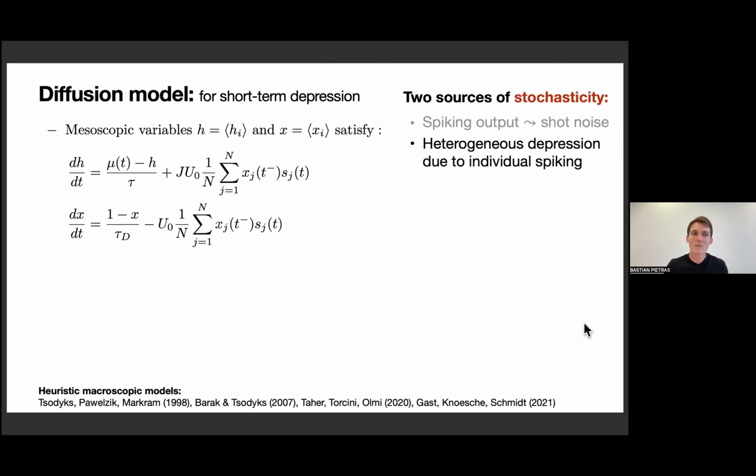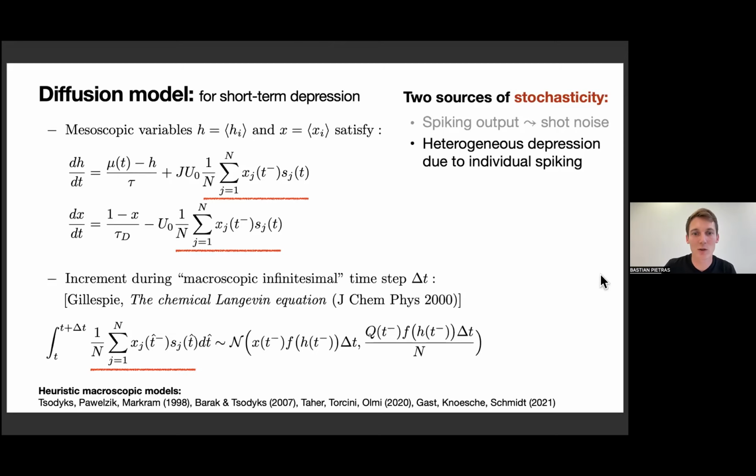Okay, so the general idea is we introduce mesoscopic variables h and x, which basically are the means over the h_i's and the x_i's. So we can write that down. We end up with these mean field dynamics, but the problem is that we have these sums in here that still depend on the individual neurons. And the basic idea to overcome